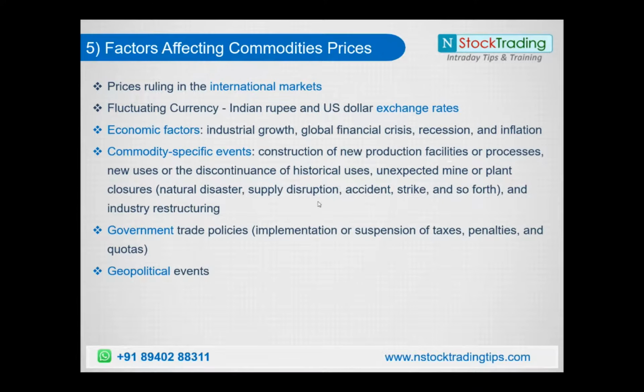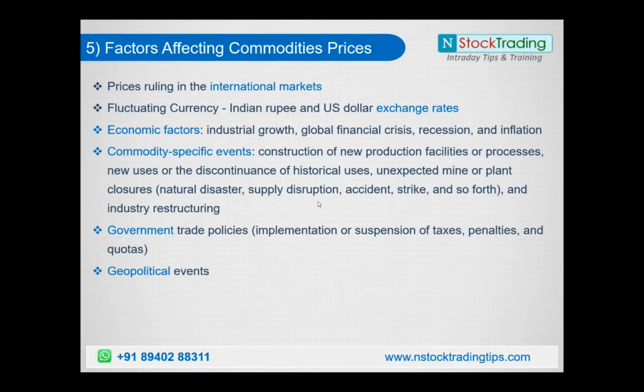Now, not only the economic factors, we also have some specific events. For example, for one commodity, if there is a new production line or production facility, a massive structure that has been built for producing and supplying a certain commodity, that is also going to affect it. And also if there is a new technology, or if the commodity is used in a new requirement, or if the commodity is discontinued, or if some calamities happen, like some mine blast or some plant had some issues, so there is some disruption of supply. These all affect the particular commodities prices.